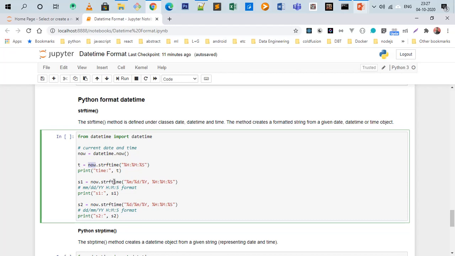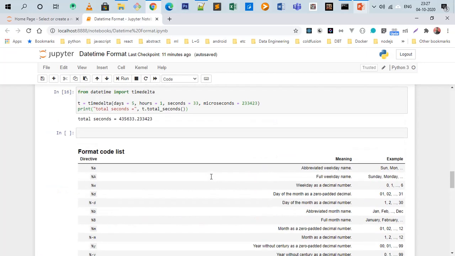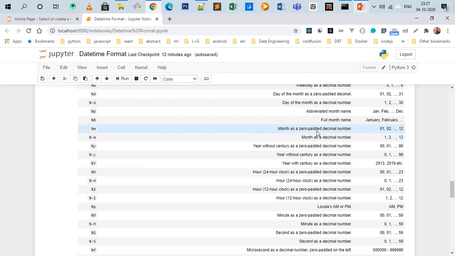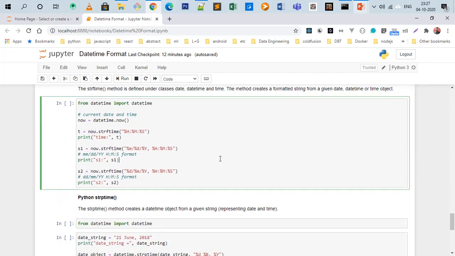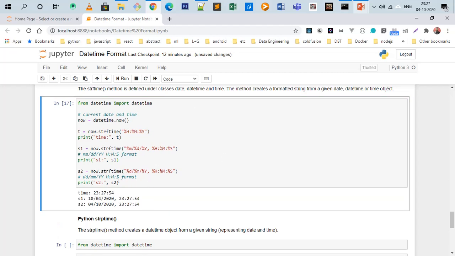T1. Okay, and now dot strftime, and it is taking %m %d %Y, small m, small d, capital Y. Okay, small m is month as zero padded, and small d is day of the month as zero padded. Zero padded means like if it is 1 then it will be 01, and I will try to execute it. Okay, so as you can see here, it is the fourth month, so it is not 4, it is 04, because we have taken the small m which is the zero padded month.